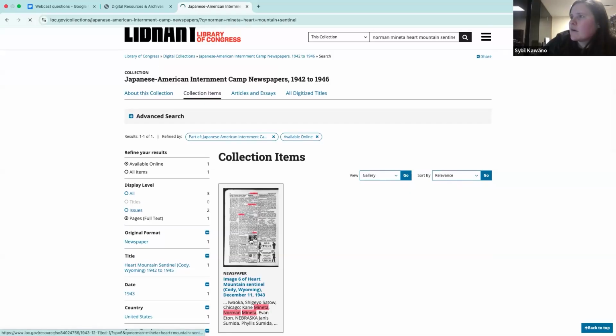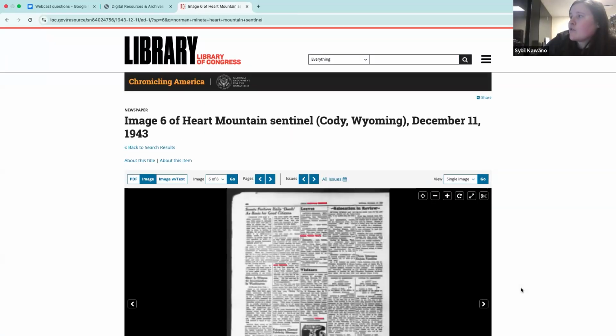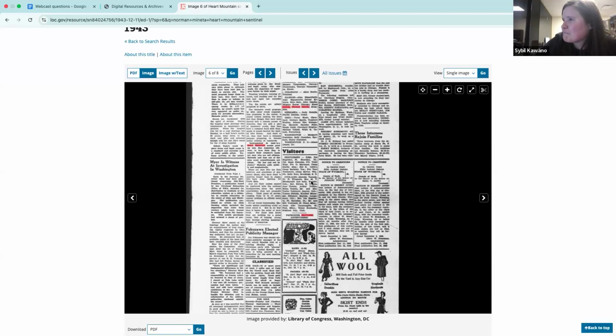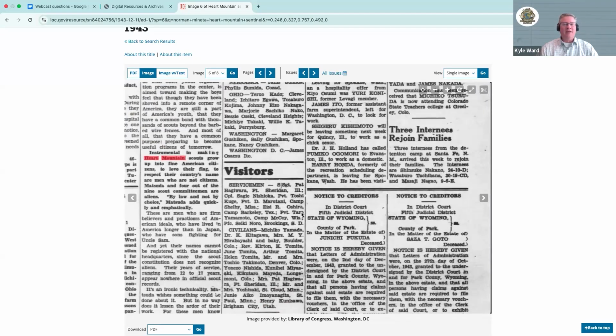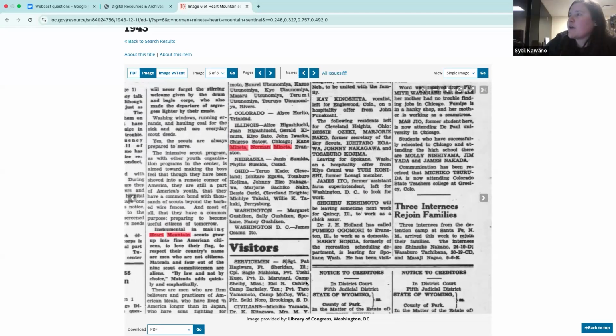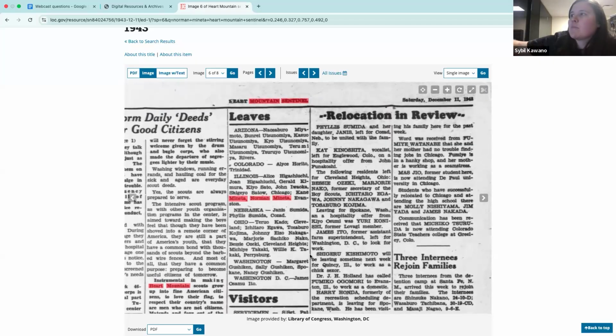Let's see right here. Apparently there's only a few of Norman. That's really cool. It's highlighted. One really cool thing about this, it shows those leaving. So here it shows that Norman and his mother left camp for Illinois. It shows them as well as anyone else who had left for Illinois around that time.